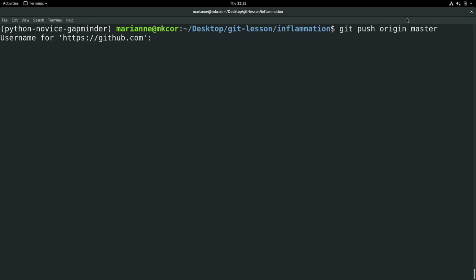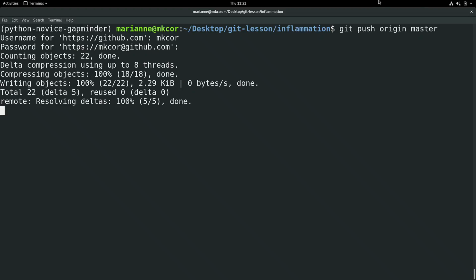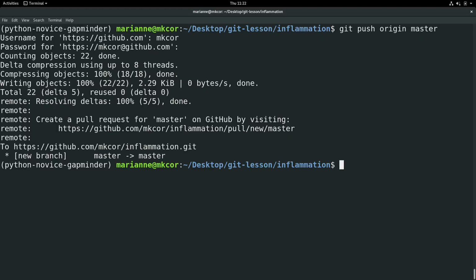So that's the remote, and that's the branch. As I said earlier, today we're not going to consider multiple branches. We're just sticking with one branch, the default one, the master one. And now I'm going to enter my credentials. And something happens, yay! So objects are being compressed, written, and